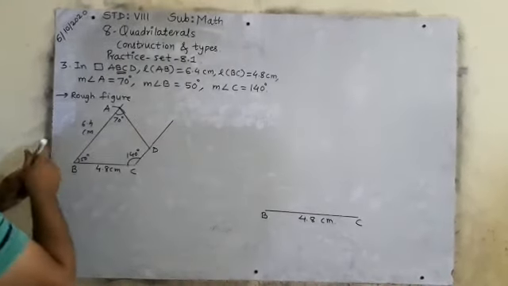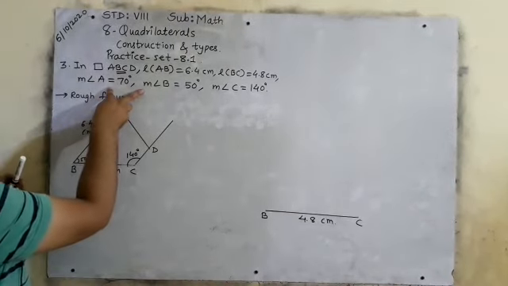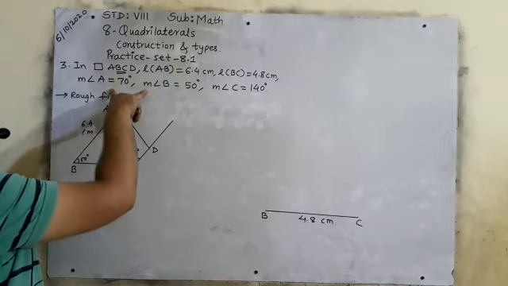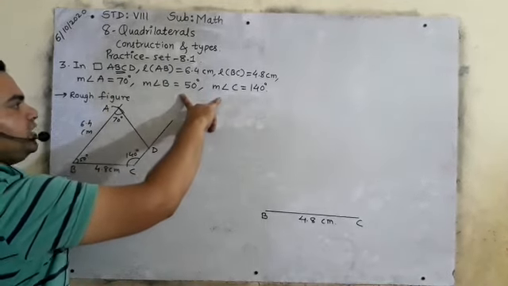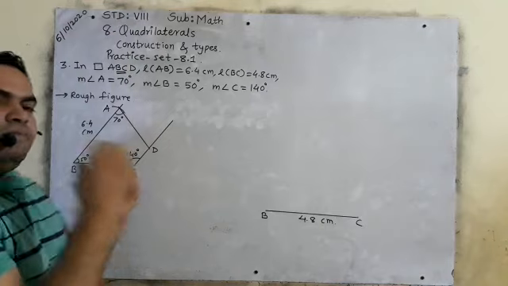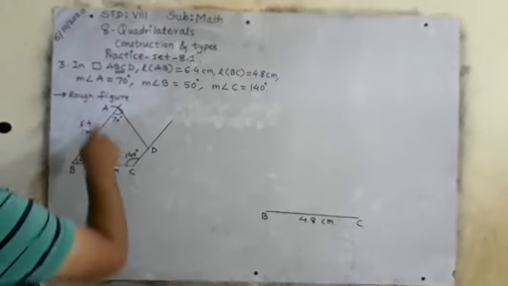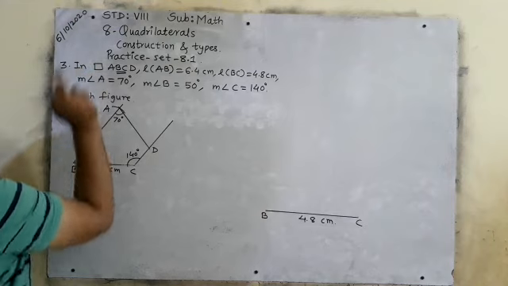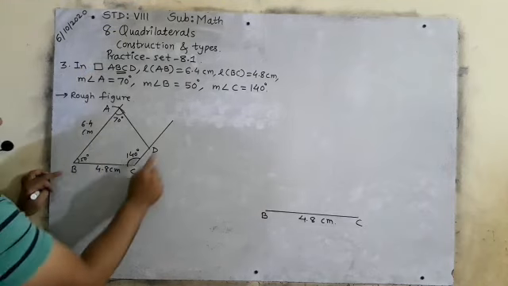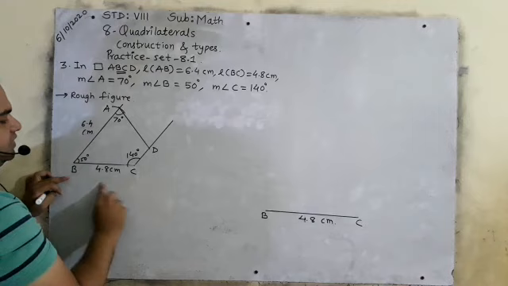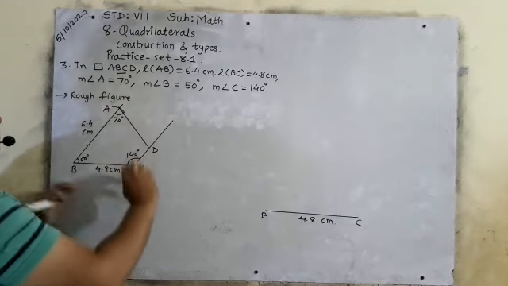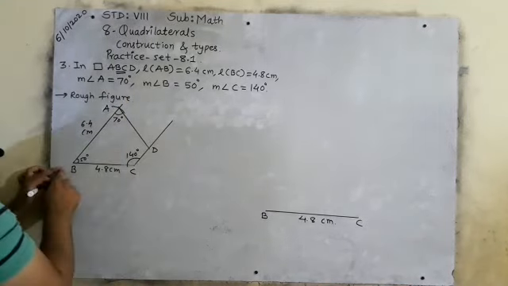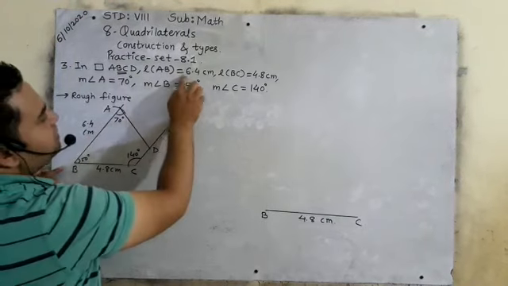Okay, if you want to take AB as a base, then also you can take, because these two angles are given. You can take these two angles also. But I have said, be firm, decide something, you will go from A, B, C, D. Okay, A will come up, B, C, D. So I will write A, B, C, D. BC 4.8 centimeter, B 50 degree, C 140 degree. Then AB is given 6.4.